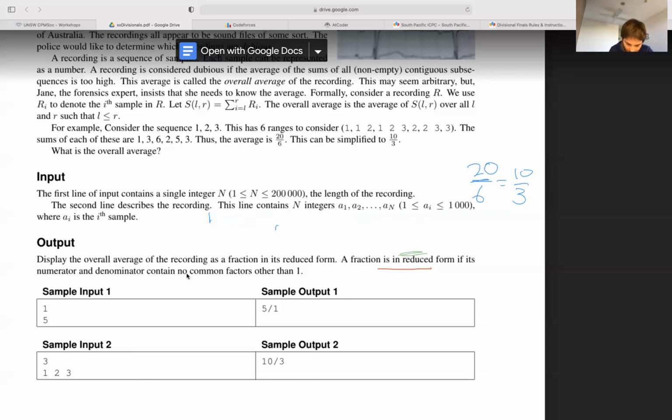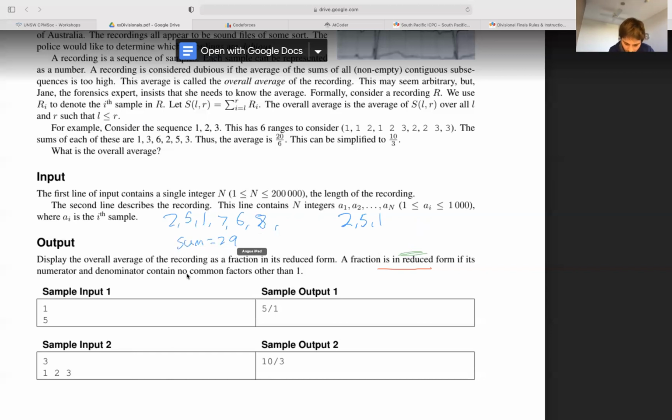In another case, for example, if you're given the input 2, 5, 1, then the ranges will be the individual ranges. They sum to this. The first two values sum to 7, the last two values sum to 6, and all three values sum to 8. If we add all these numbers together, this is an 8 if you can't read my handwriting, you get 2 plus 5 plus 1 plus 7 plus 6 plus 8, you get 29.